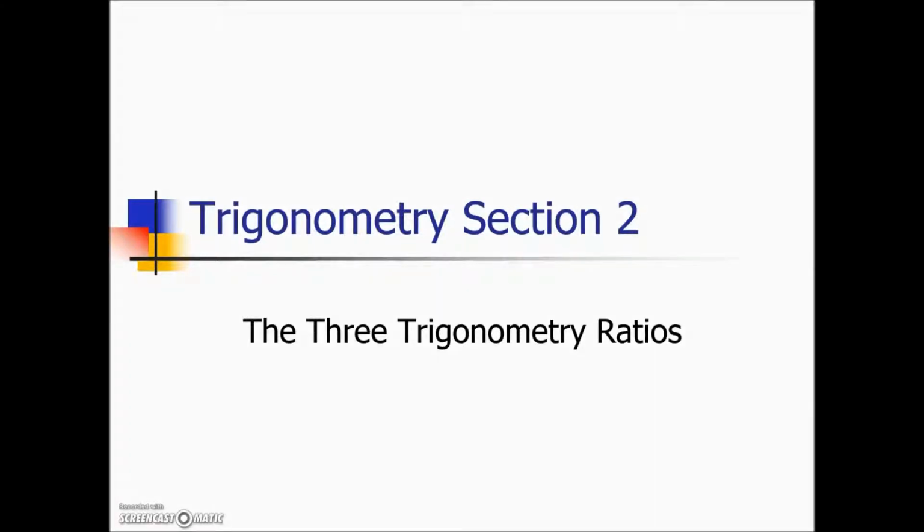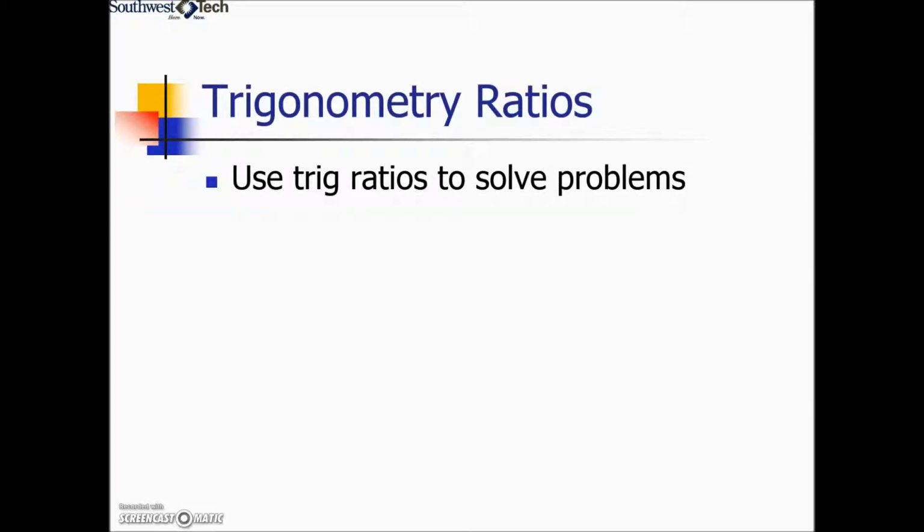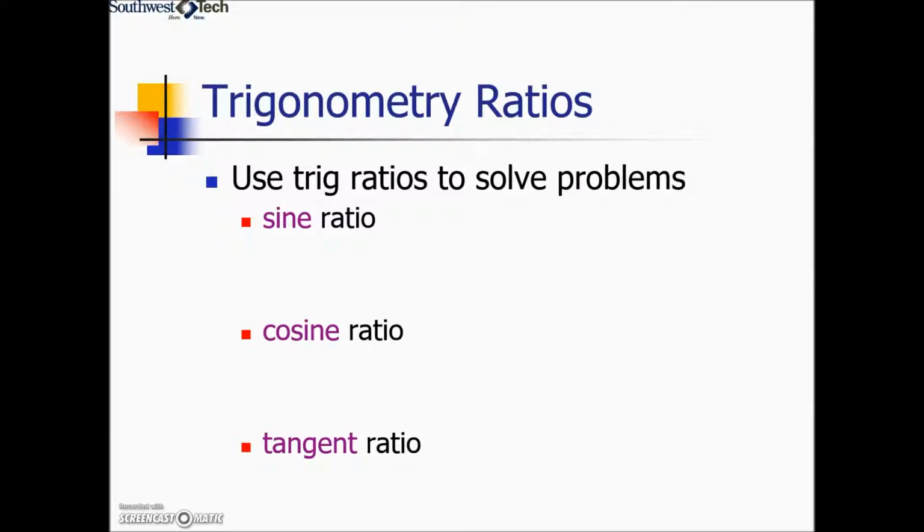Trigonometry Unit, Section 2. In trigonometry, you will use ratios to solve problems. There are 3 trig ratios that we will learn about in this section. We have the sine ratio, cosine ratio, and the tangent ratio. There's actually 6 ratios, but these 3 will be the ones we will concentrate on with solving our right triangles